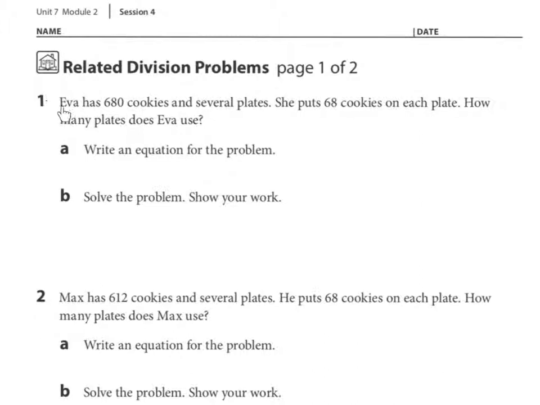Number 1 says Ava has 680 cookies and several plates. She puts 68 cookies on each plate. How many plates does Ava use? Write an equation for the problem. So let's look. Ava has 680 cookies. She puts 68 cookies on each plate. An equation would be 680 divided by 68